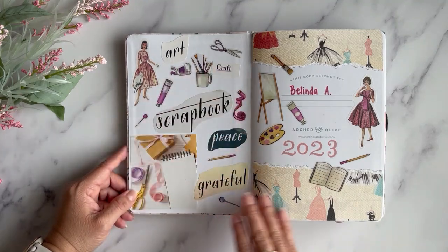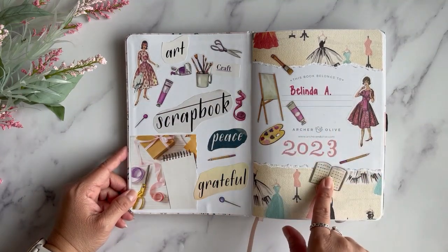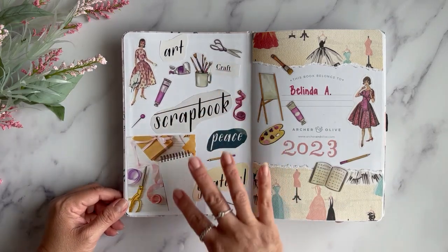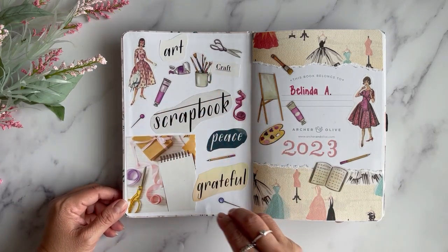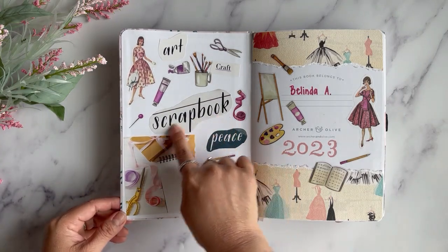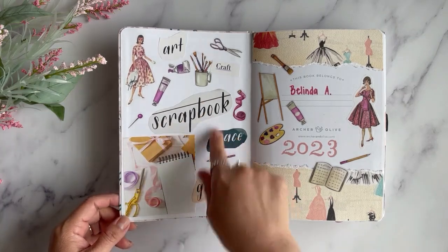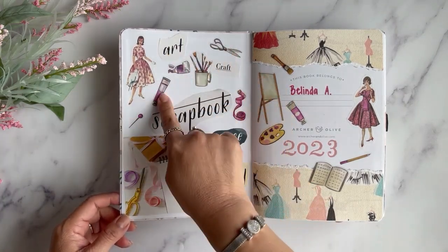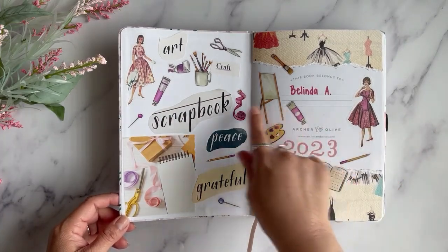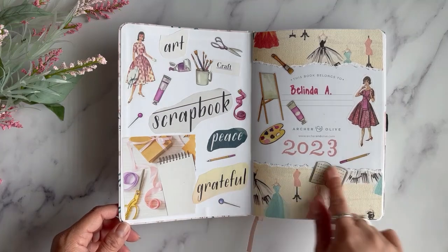So for the first part here in the name page, what I did is I just put my name, the year, and I did a little bit of just gluing in different ephemera. Many of the things in here are from magazines, and then I just added some stickers. These are from Amazon. I think these stickers are actually from Wrong Wrong. And then I just added some